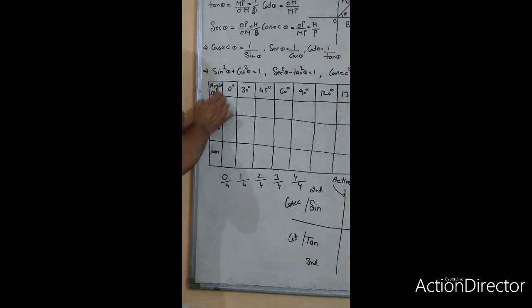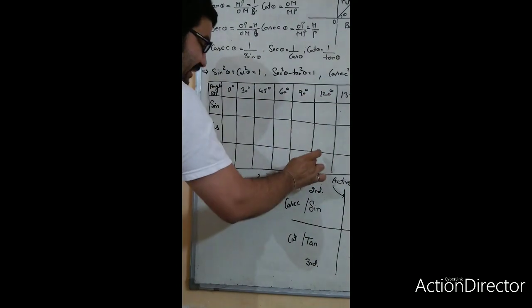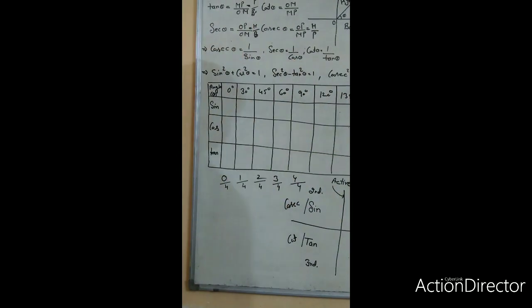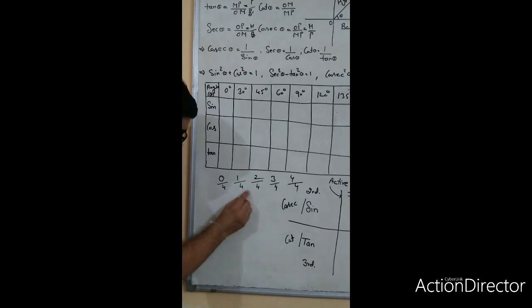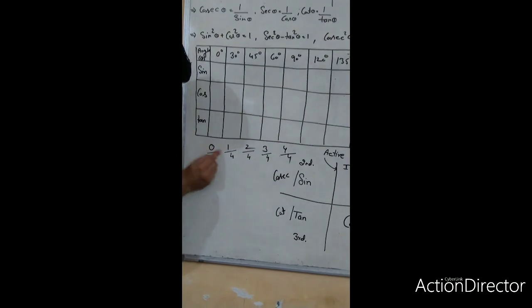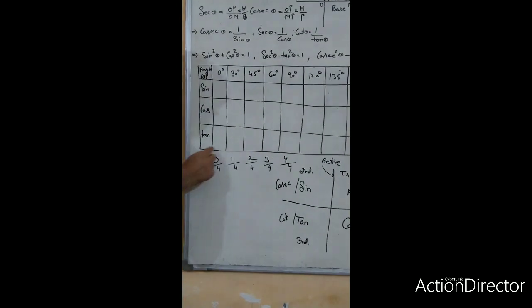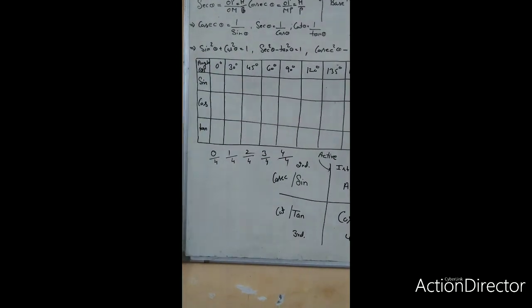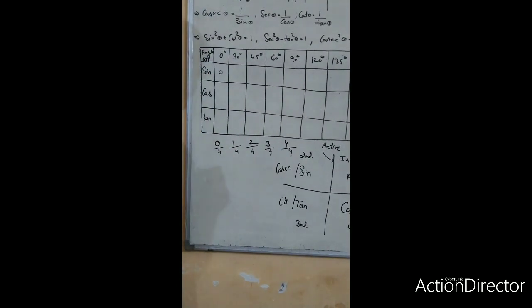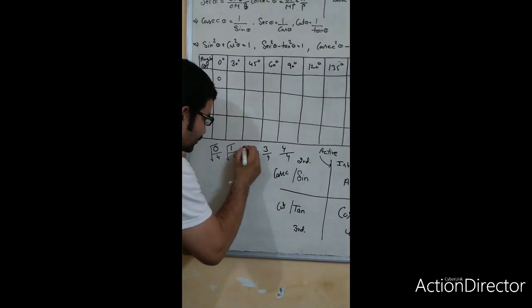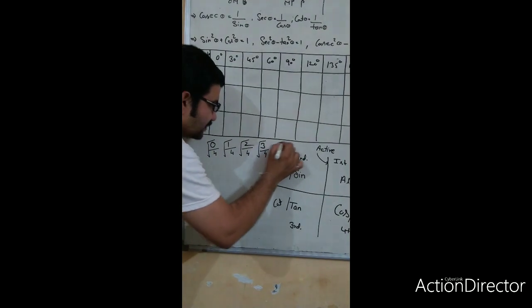First we will find all 3 trigonometric ratios value up to 90, and then we'll see how these values are found out. So for finding the value up to 90 degree, we have to put 4 4 4 4 4, and on upper side 0 1 2 3 4, and divide by 4 for finding the value. This is operated for sin theta. Now 0 by 4 is normally 0. We all know that. But you have to first take square root over all these, so that you can find all angles value for sine.